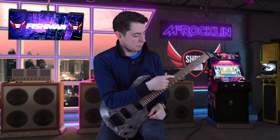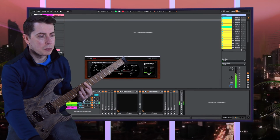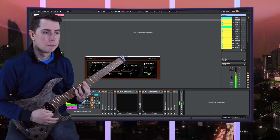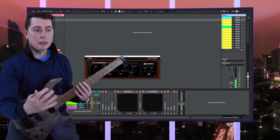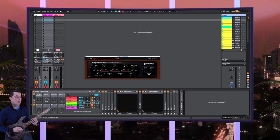So well until that F note just creeped in and ruined everything. The first thing that a lot of people ask when they hear that sound is, what is that shimmer? It's actually not a shimmer. Let me show you the plugin. It's called Crystallizer by Sound Toys, and here it is with it on. The delays higher. So for example, if I make that fifths, instead of an octave higher,